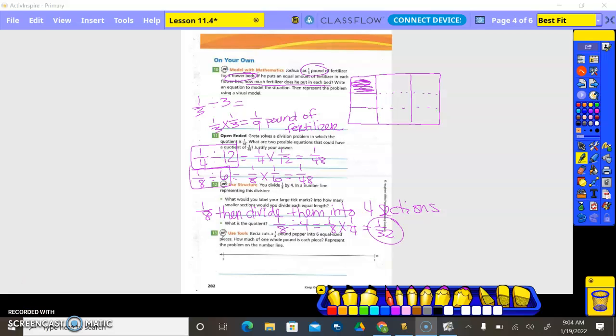Number 13, use tools. Casey cuts a 1/4 pound of pepper into 6 equal sized pieces. How much of 1 full pound is each piece? Represent the problem on the number line. So we took our number line and broke it into 4 and then labeled the bigger tick marks. Then each 1/4 was broken